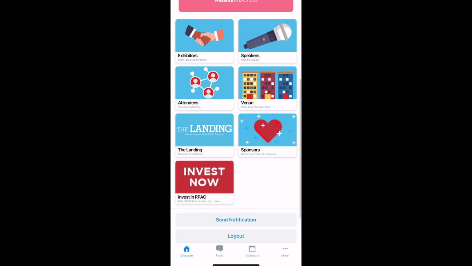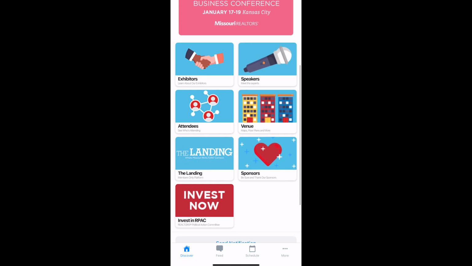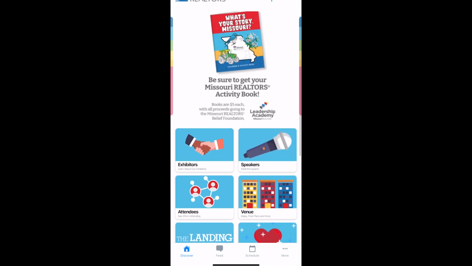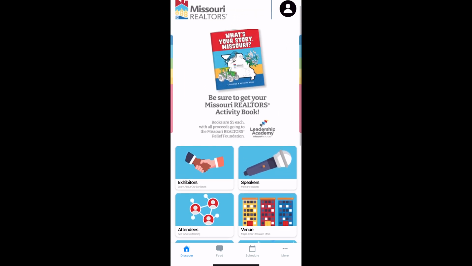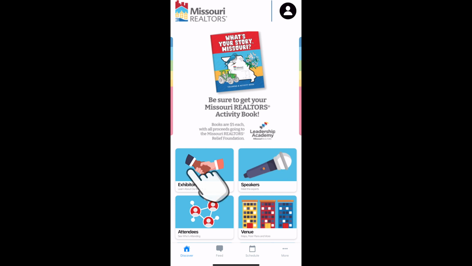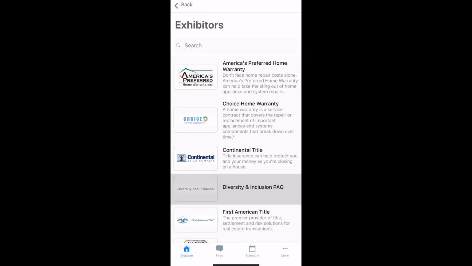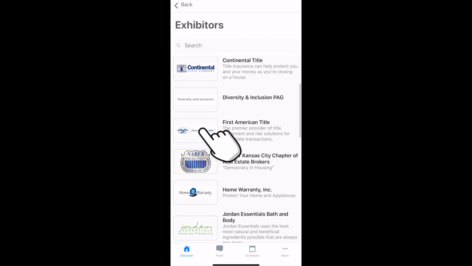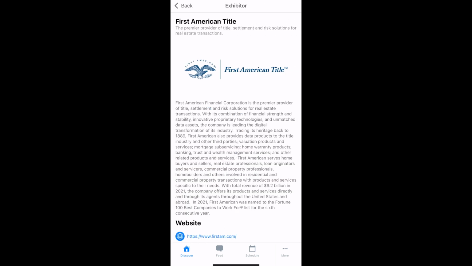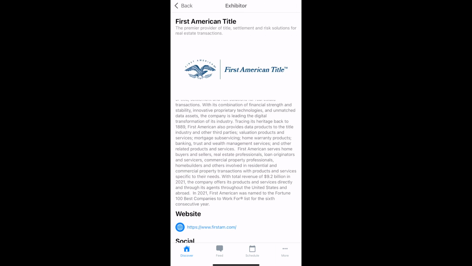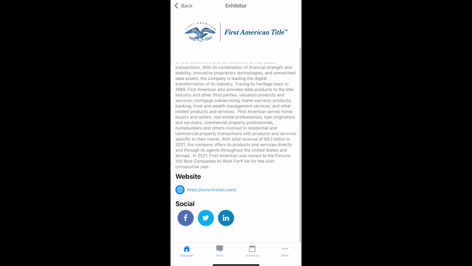This is where you can build relationships with attendees, view the speakers, and more importantly, view it as a digital agenda. You can view the exhibitors' individual pages. This section includes their logo, description of their service, website, and social media pages. They make our event possible and would be thrilled with the exposure, so make sure to visit them in person